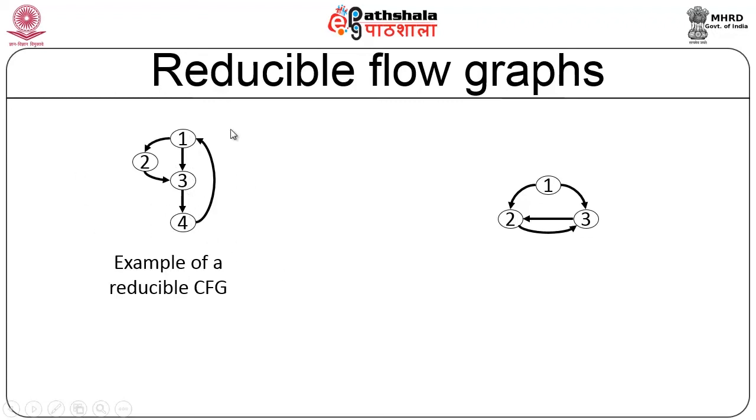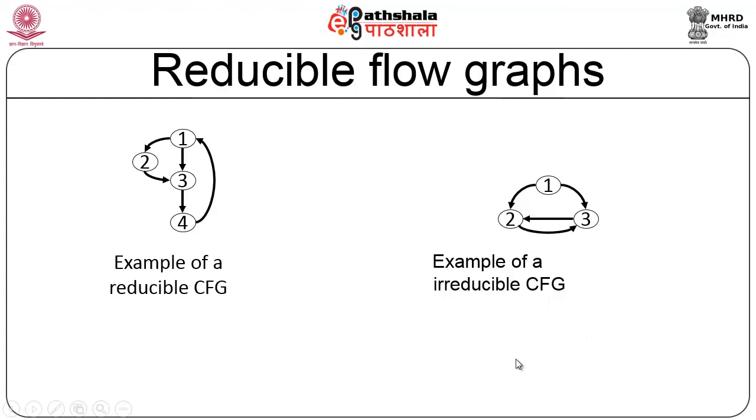Therefore this is a reducible flow graph, whereas here it is an irreducible flow graph. Now if you consider there is a loop between 2 and 3, if you choose one as the forward edge, the other one can be a back edge. When you remove the back edge, this doesn't result in an acyclic graph. It is not satisfying the first property itself, therefore it is not going to be a reducible graph. This is called an irreducible control flow graph.